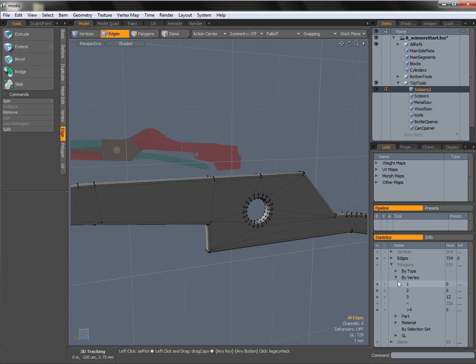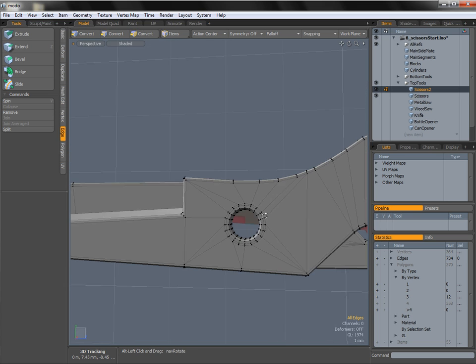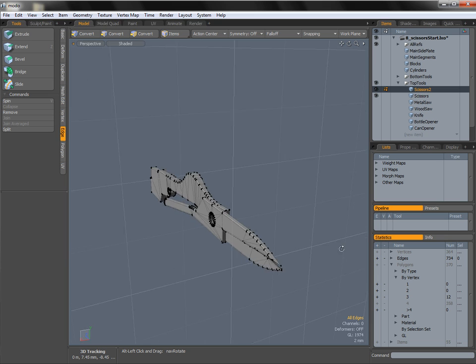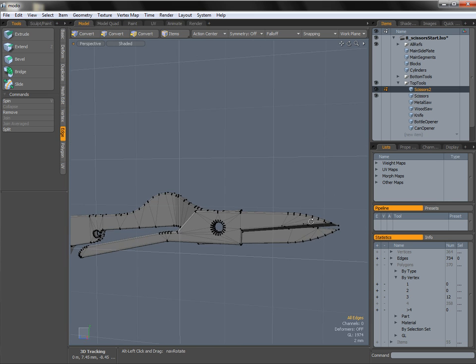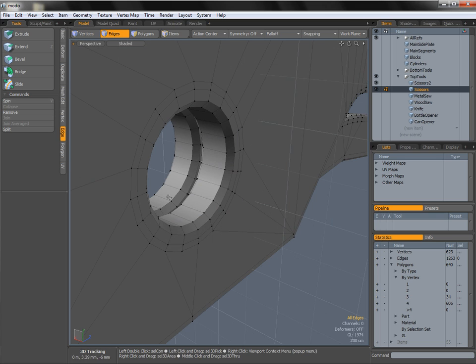And then if we come down to the statistics panel, polygons by vertex, you'll see we've got no polygons with more than 4 verts. So we can bring back our scissors layer, and we should be able to see right through that hole. So we're going to add in the hinge in a second, and those 2 objects are now pretty much done. So we're now going to create the simple hinge object that runs through both of these scissors